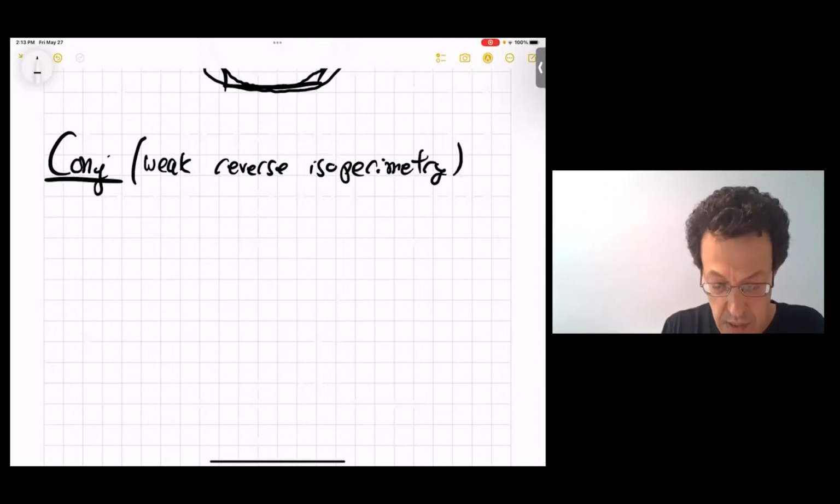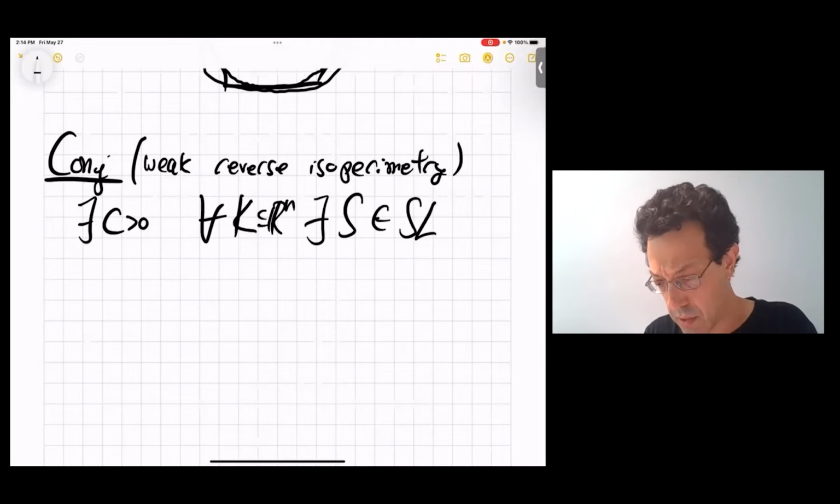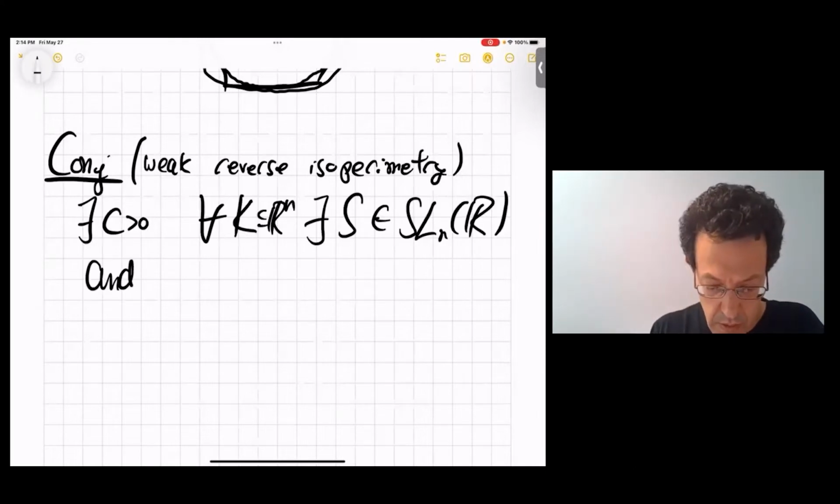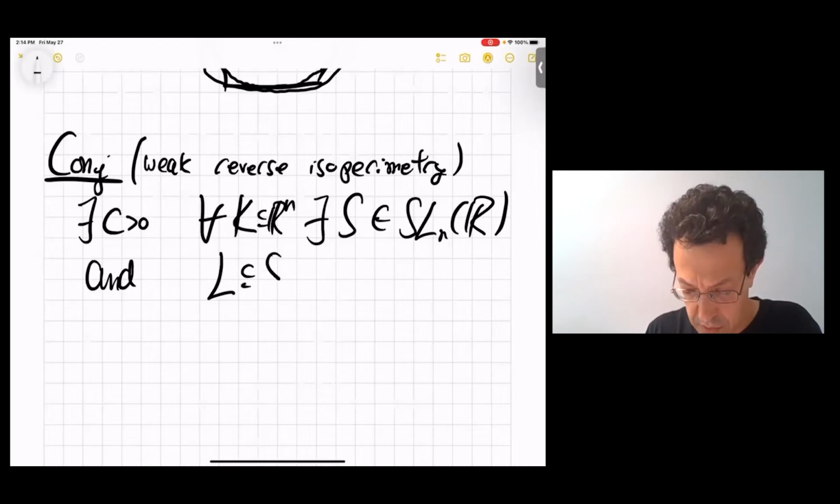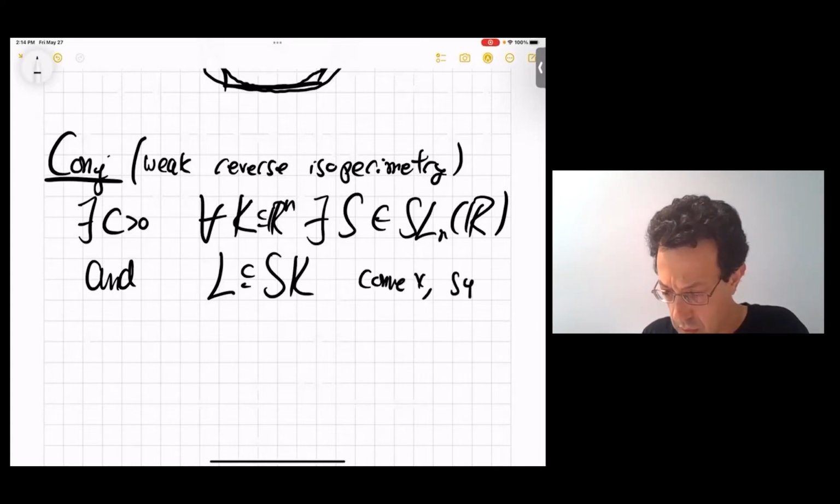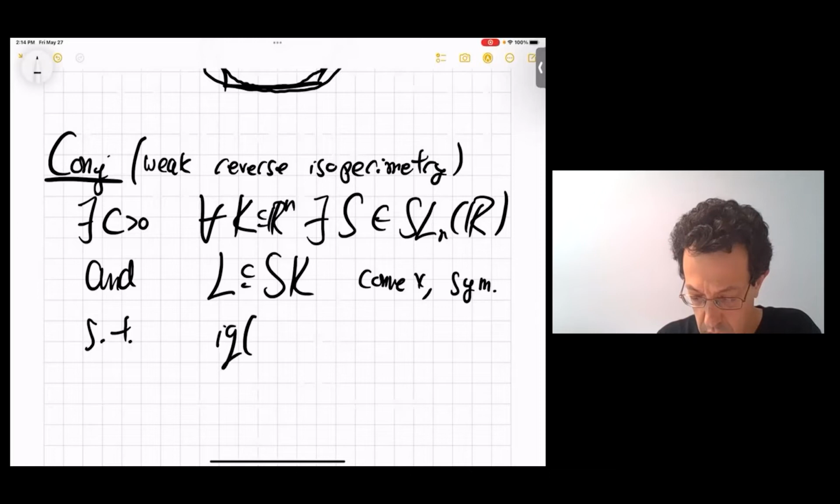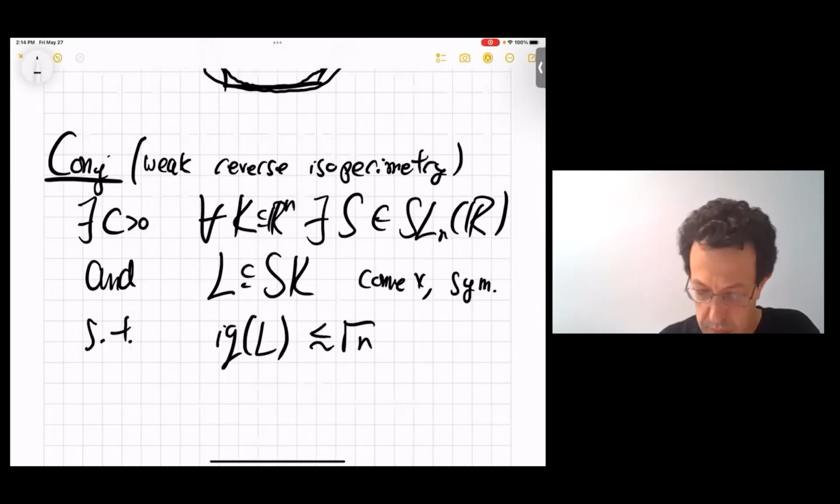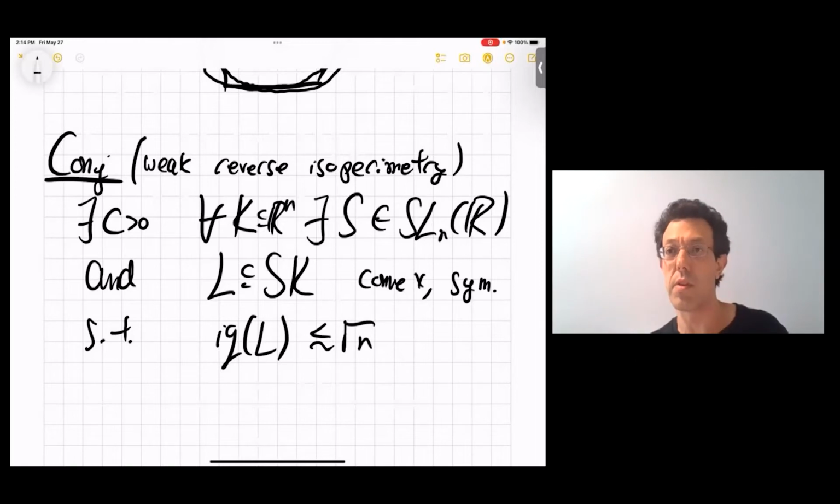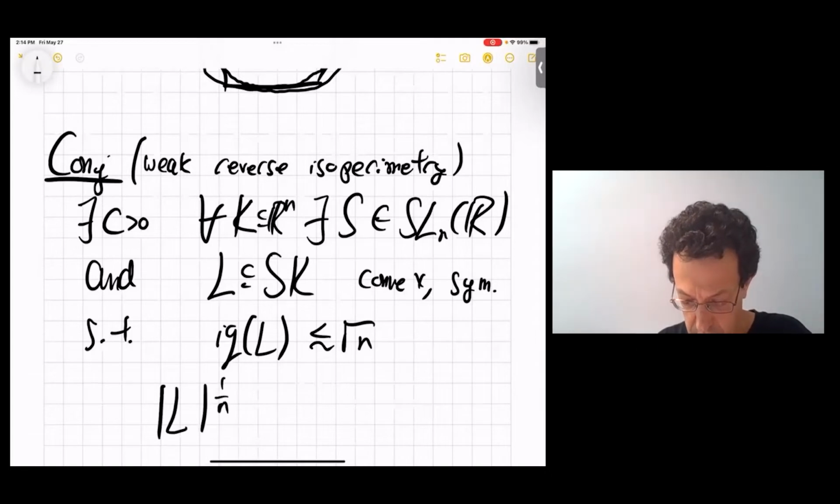It's the same thing. So there is a constant C, a subset of Rn, S is the matrix, and L inside S of K. Again, convex, symmetric, such that, as before, I want this IQ, isoperimetric quotient, to be less than root n, but now I just want it to not be a constant approximation of K, but just to have big volume. So the nth root of the volume of L is at least